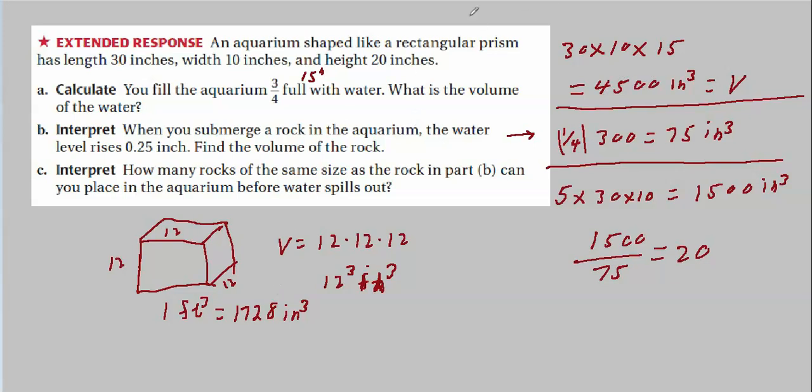So if I put that in my calculator, I get that the 4,500 cubic inches translates to almost 20 gallons, about 19 and a half. And if that's 3/4 of it, then the whole thing would hold a little over 25 gallons. I don't know how full you normally fill it. I think aquariums are usually pretty close to the top. So that'd be quite a few gallons of water.